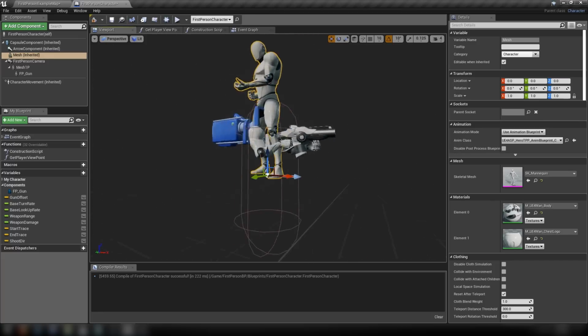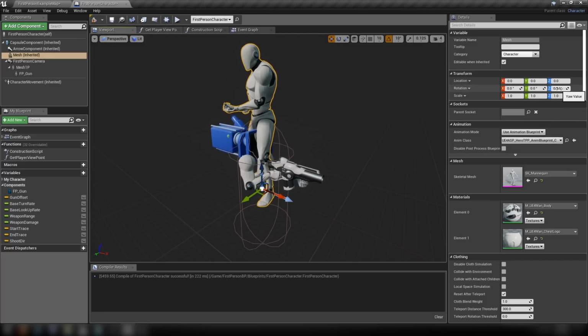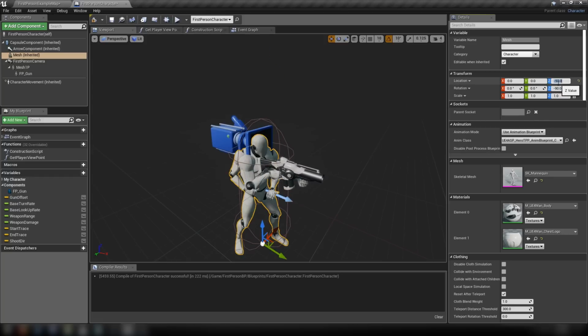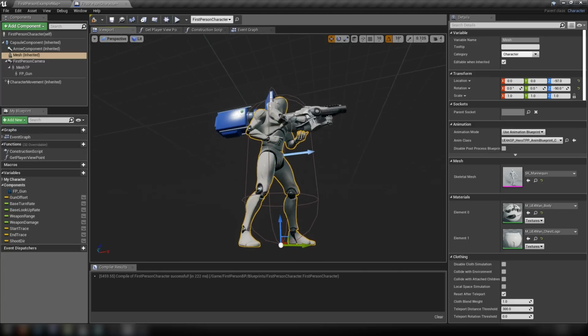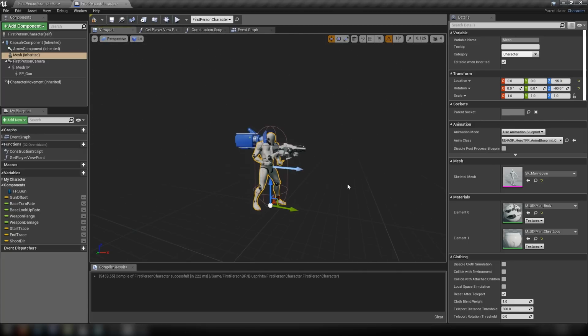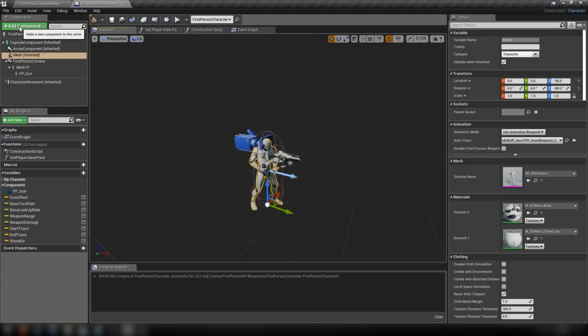And as you can see, obviously the mesh here isn't in the right spot remotely. So let's set our rotation properly. That's -90 in Z and -97 in the Z location. In fact, we'll make that a little bit better. Let's go -95. And the other thing that we want is a ragdoll camera that we can use once